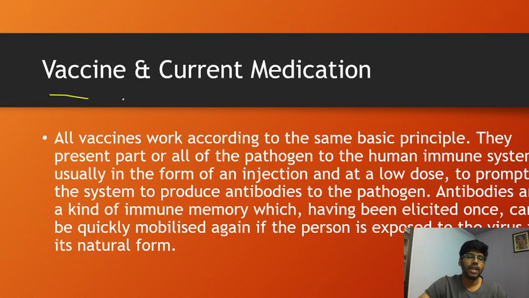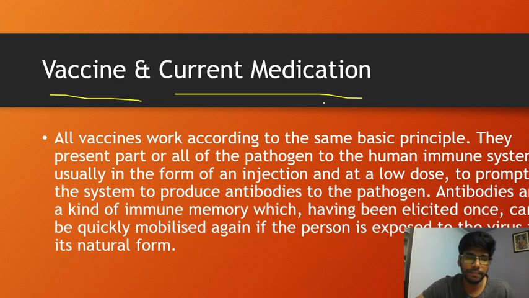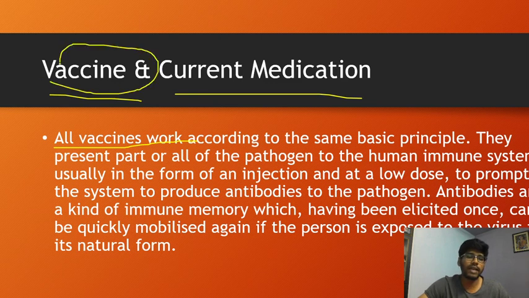The next one, vaccines and current medications. All vaccines work according to the same basic principle, right? When it comes to vaccines and current medications, the vaccines are not yet developed for the corona. So we have to wait for at least 18 months for a potential vaccine to develop. And in the last few days, we have seen that Hyderabad Central University has developed a potential vaccine, and there were many